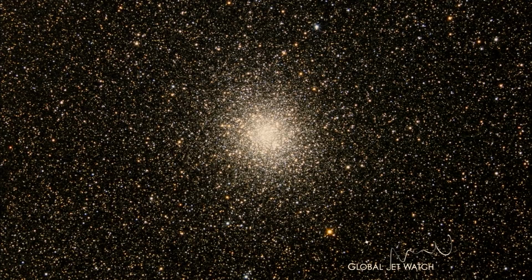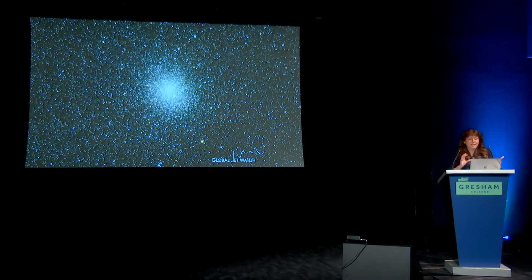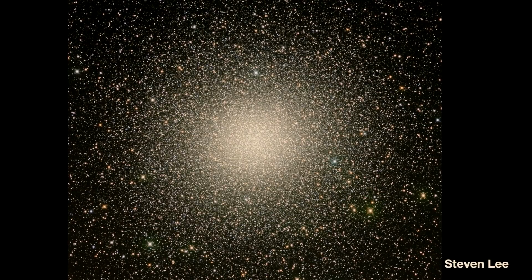So there aren't a huge number of them, but there are enough of them for it to be really remarkably interesting to study them. They can be very old because they're really very stable. Once they've formed, because they're quite tightly bound under their own gravity, they're pretty resilient to anything else that they happen to rock up past as they orbit throughout our galaxy. They're really remarkably stable. This is a picture of Omega Cen in the Centaurus constellation, of course, taken by my colleague on the Global Jet Watch, Stephen Lee. This was discovered in